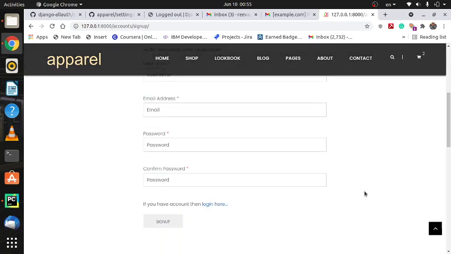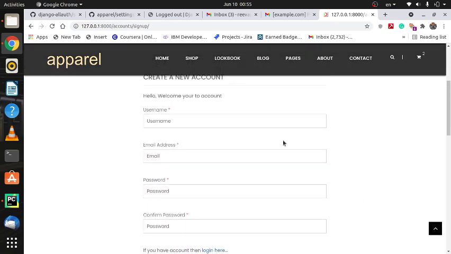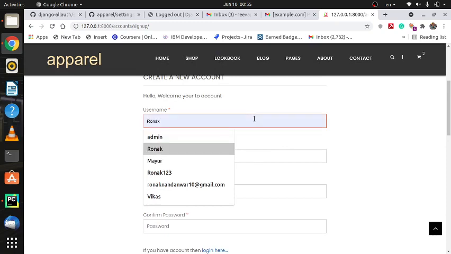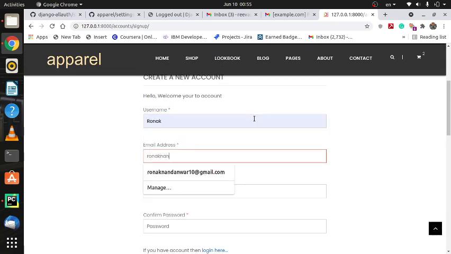What we can do now is sign up. We can process our sign up process. So I'm providing this email, but I cannot provide the same email that is available inside settings.py. Whatever email address I provided inside the settings.py file, I cannot use in this sign up process. If you use the same email, it will redirect you to the same page because it is not valid.